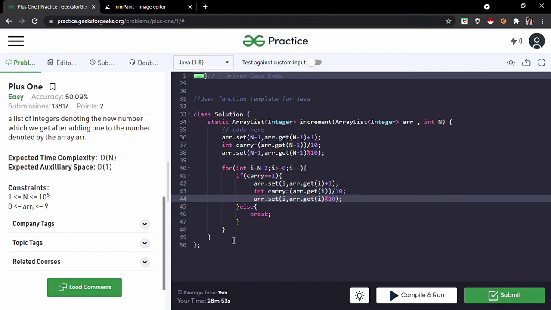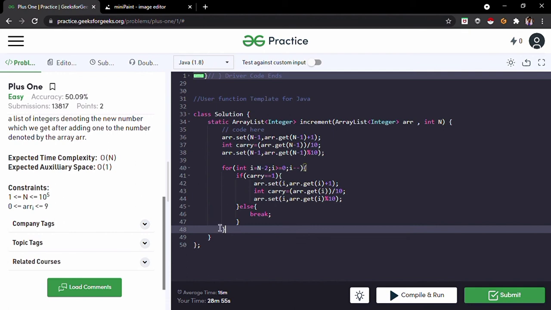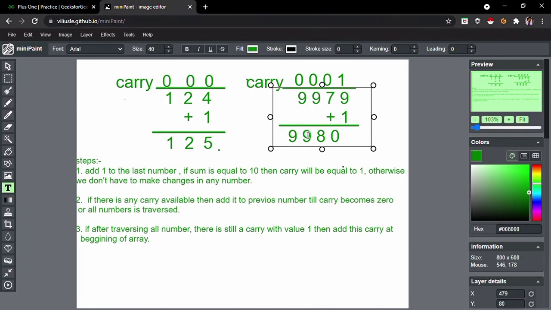Okay, after traversing all the numbers, if our carry is still 1, in case of 9999, our carry will remain 1.